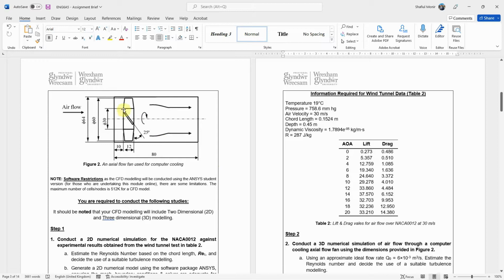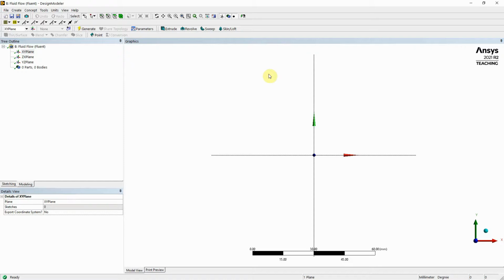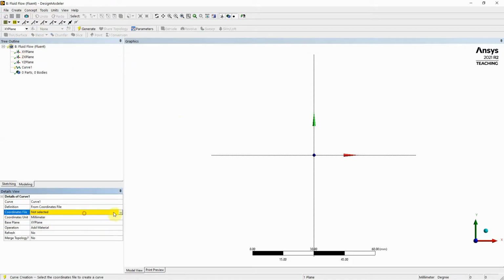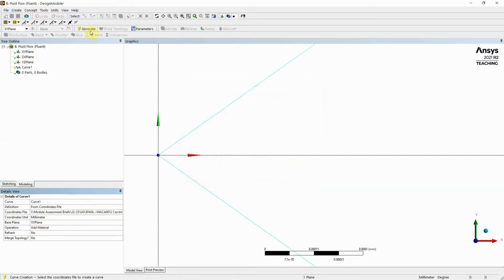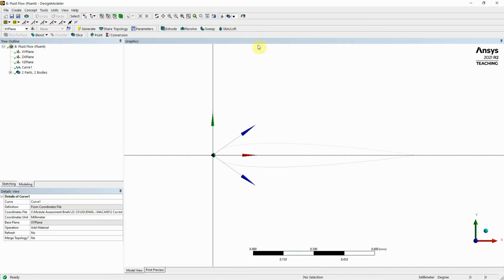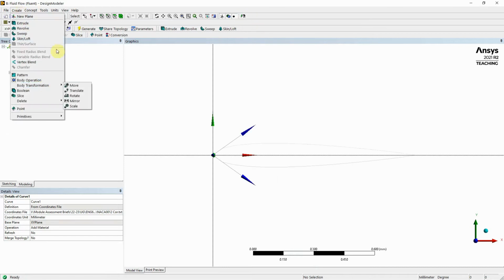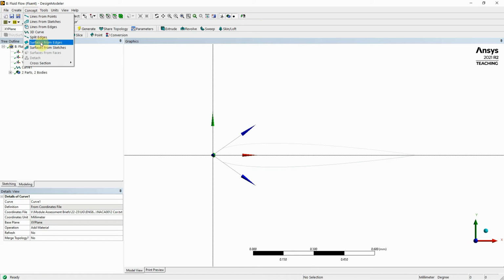So first things first, it's always best to get our fan blade at first, and you can see it's got an installation angle of 25 degrees. So what we're going to do is we're going to set it up as 25 straight away. So in here, what we're going to do again, use a NACA profile. So concept, 3D curve, select our NACA coordinate, apply, generate, click on the face value so you can see, create, body, concept, surface from sketches,